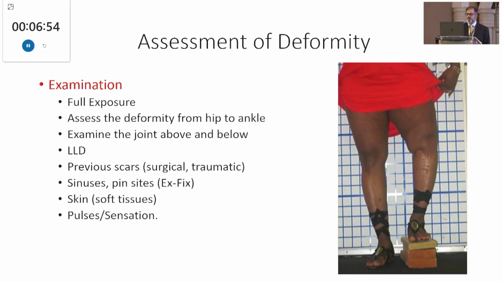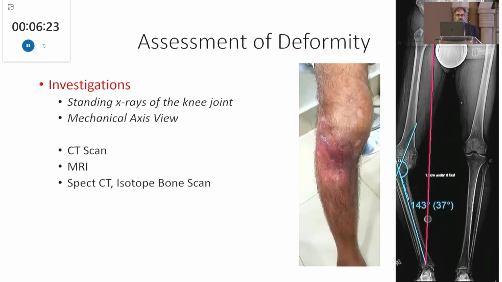Examination, full exposure. Don't be shy to have a look at the whole leg, starting from the hip all the way down to the knee. We need to look at the joints above and below, leg length discrepancy, which can be with an extra-articular deformity, any previous scars, whether surgical or traumatic, sinuses, pin sites from X-fix, what the soft tissues are like, and obviously neurovascular status. Now, your examination will direct your investigations mostly, but there are a couple of things which are absolute